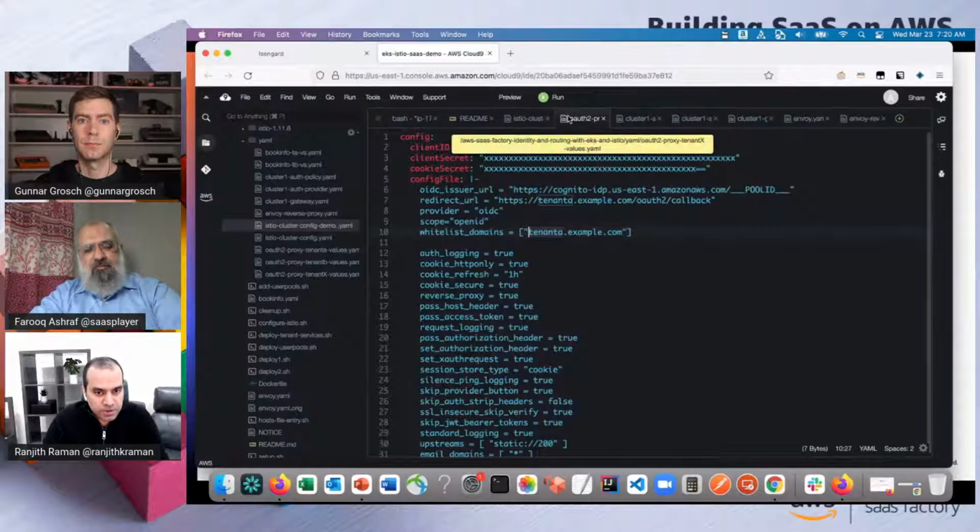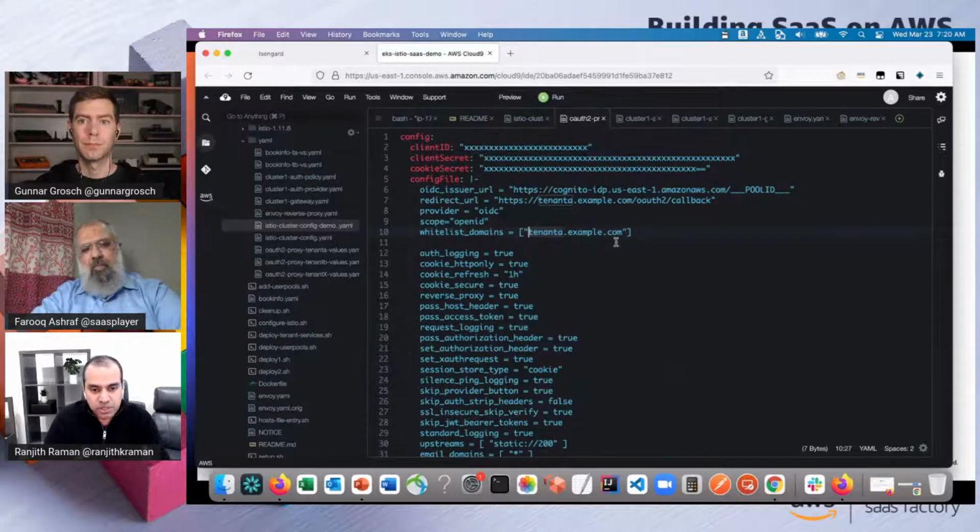So just to jump in real quick here. Obviously, if you have a multi-tenant environment, you're going to have multiple. In this case, it's a subdomain per tenant, right? So tenant A is the subdomain for example.com. It's the SaaS provider.com, right? So you would have multiple entries right here for a different tenant.